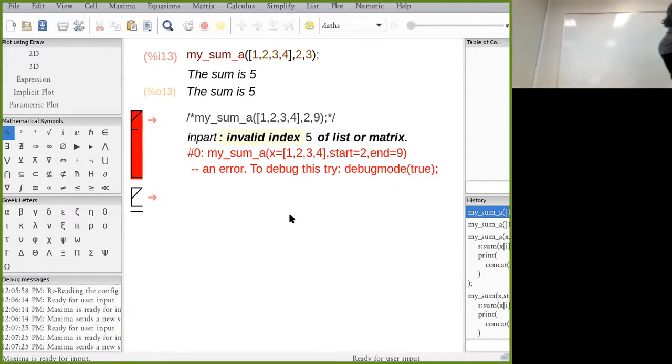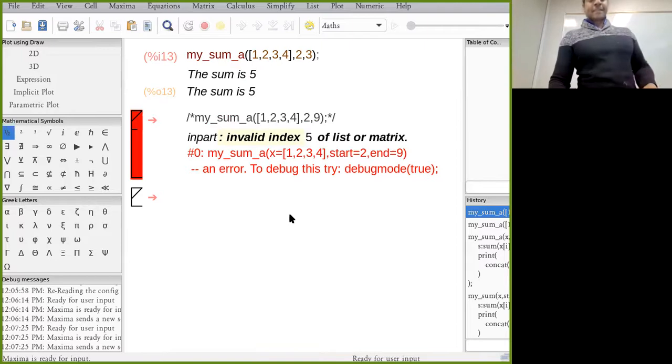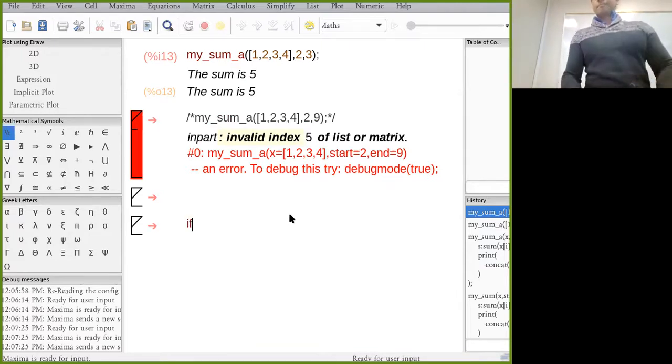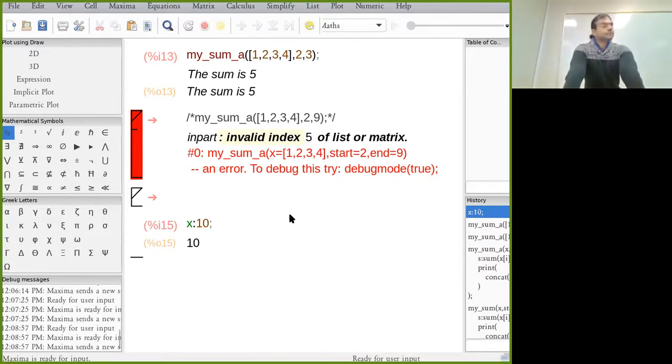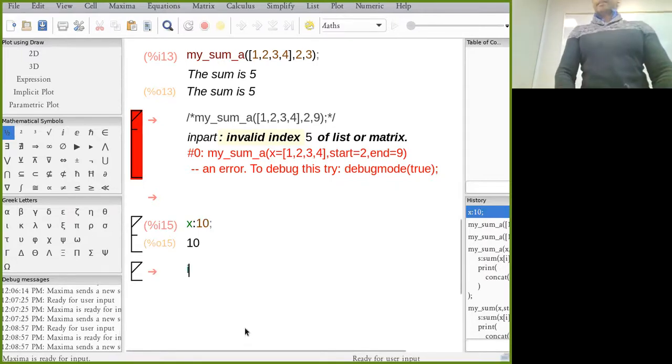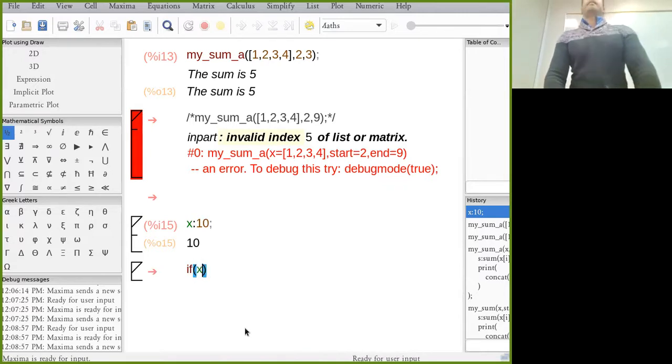So now that I've shown you how to define a function, I'm going to start with a logical construct, an if statement. Let's define x to be 10, if I can. If x is greater than 2, then,